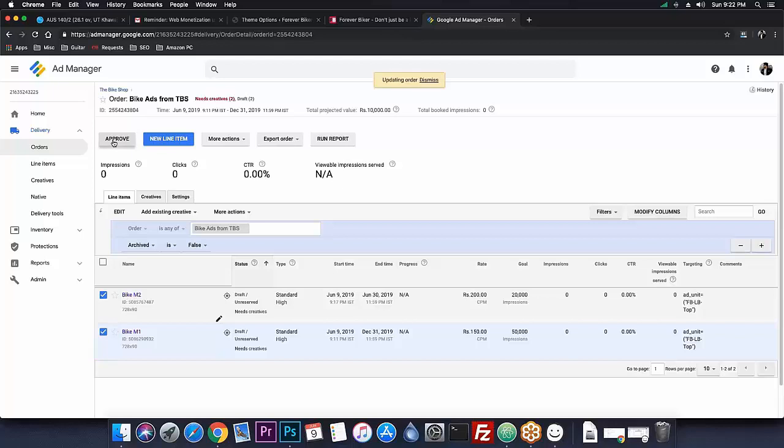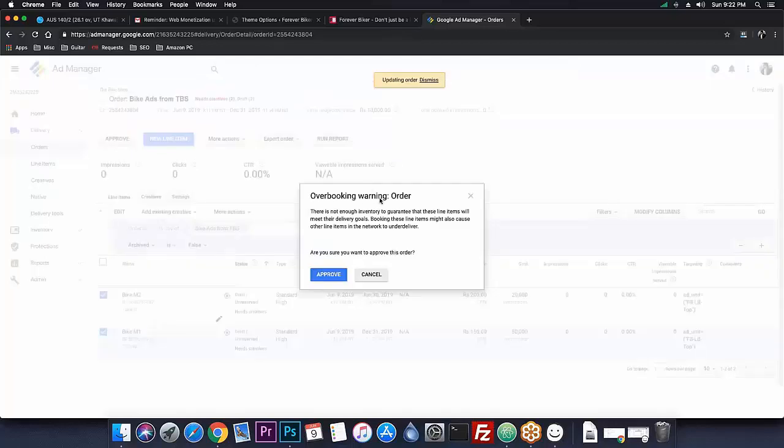So I click on approve, and it's telling me that there is an overbooking warning. What is it? Remember, for my line item 1, I promised them 50,000 impressions, and for line item 2, I promised the bike shop 20,000 impressions. But my site doesn't have that many impressions right now, right? Because